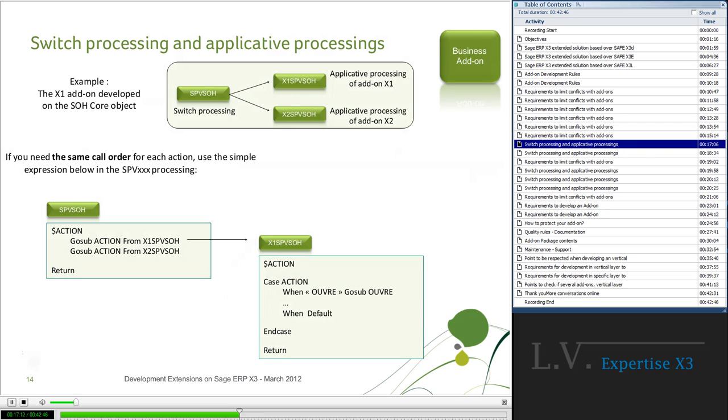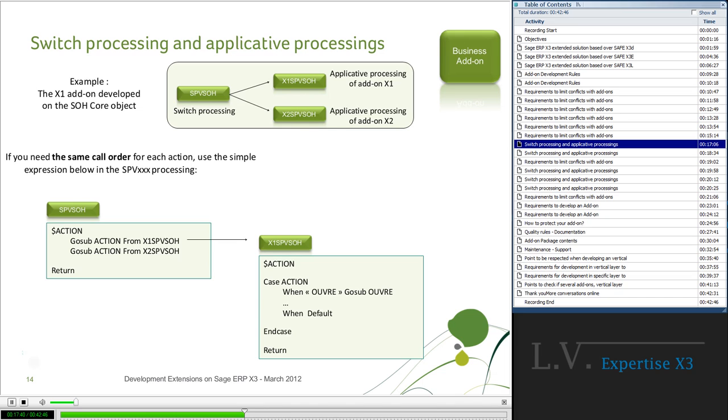Now we are going to study in more detail this switch processing. Remember, a switch processing is with no applicative code. You just have to write the $action label with all the GoSub toward your applicative code.